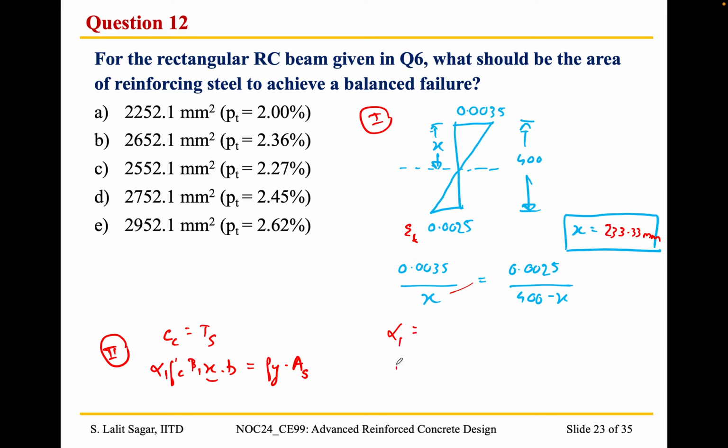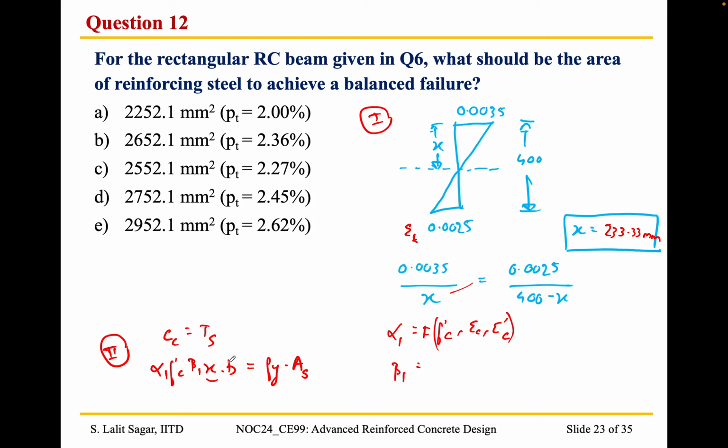We have discussed the equation previously, and it is basically a function of f prime c and epsilon prime c. Similarly beta 1 also. So you can easily find out the value of alpha 1 and beta 1,